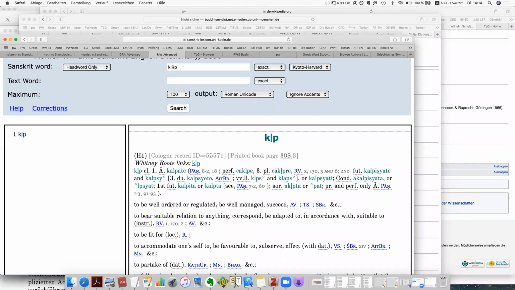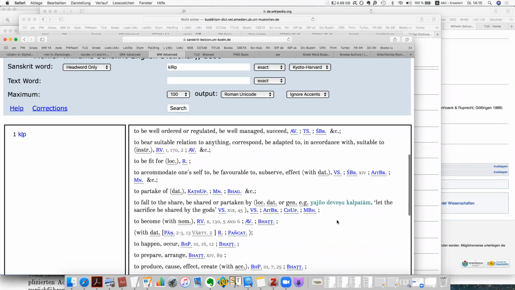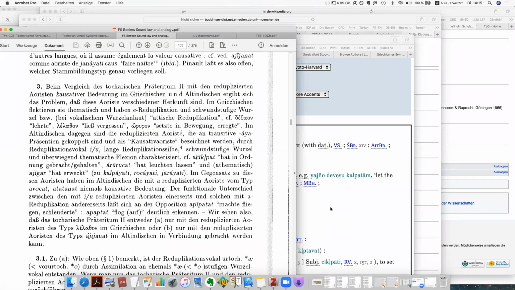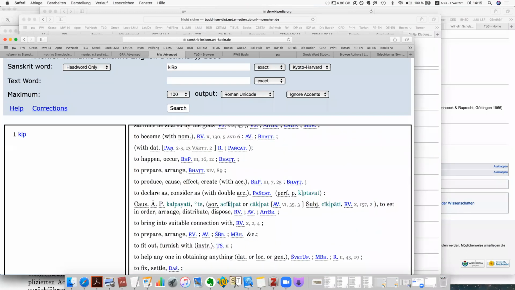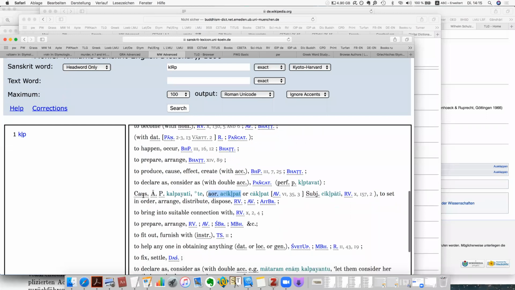And what is the reduplicated? Yes, check it. In aorist, it is reduplicated aorist, right? It's called archikripat, yeah? And archikripat has a causative meaning, which means to set in order, to arrange. So it is the same thing in Sanskrit. Reduplication can mean